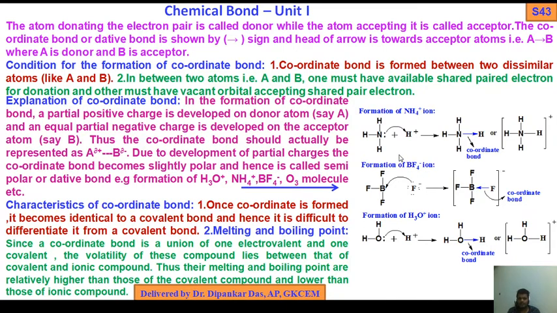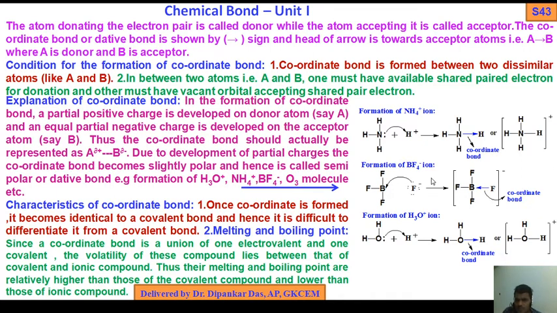Sorry for the interruption. So again, how will it happen? Here nitrogen lone pair goes to H plus. This is the acceptor. This is the donor. Okay. Now what will happen? NH3 bond arrow towards, the head of the arrow at the acceptor atom, is the coordinate bond, or we can represent this bond as a covalent bond in third bracket over H plus.